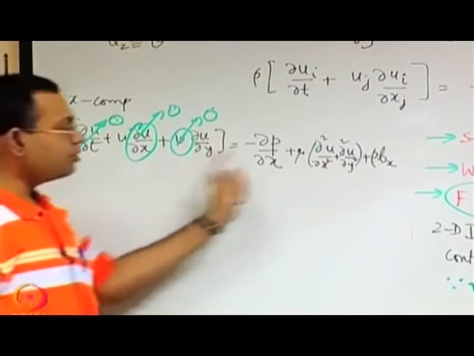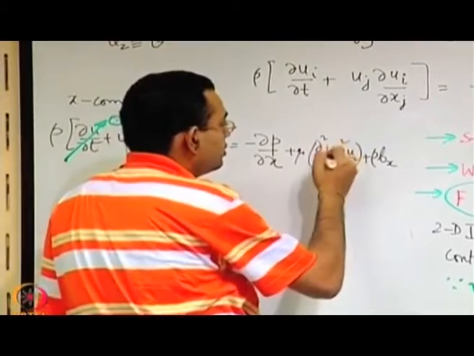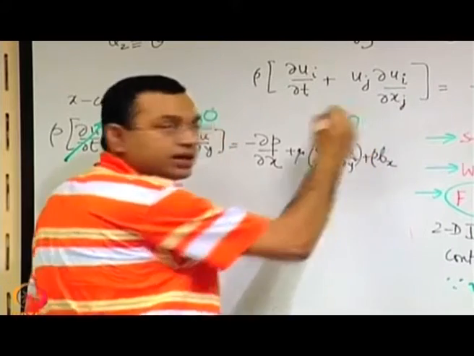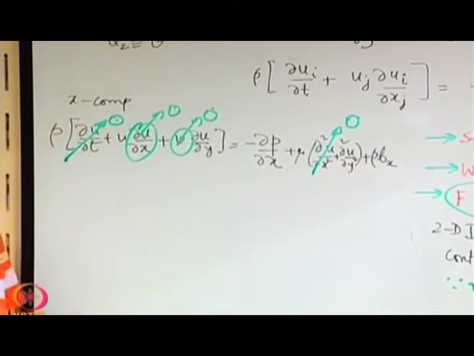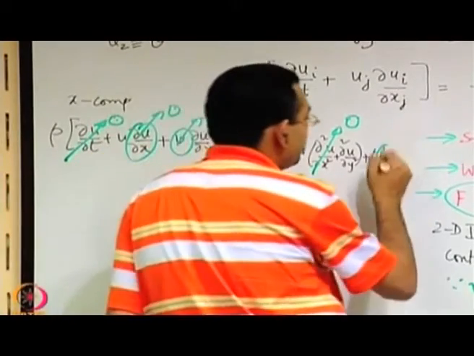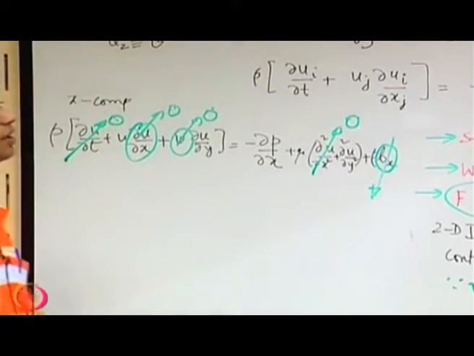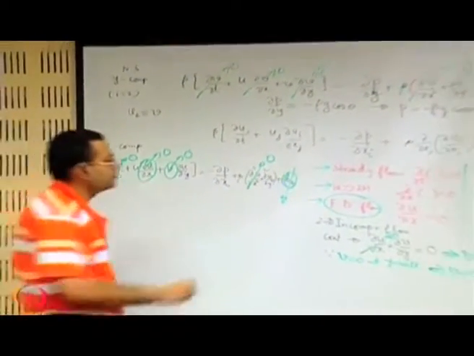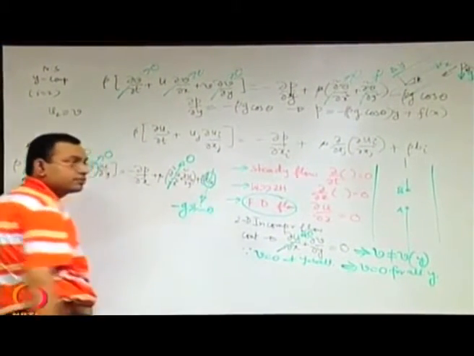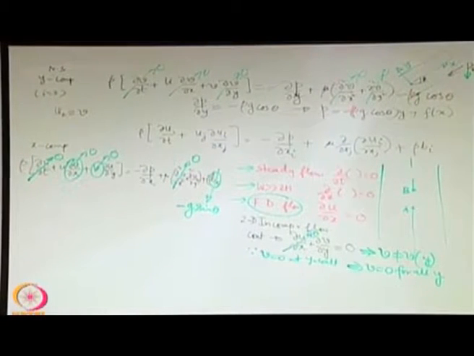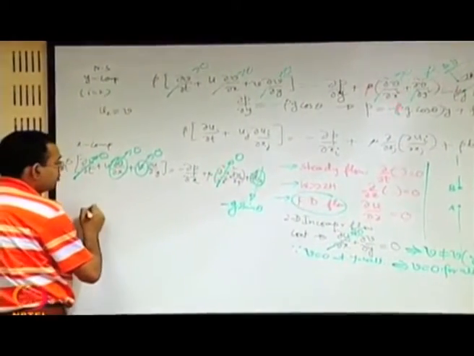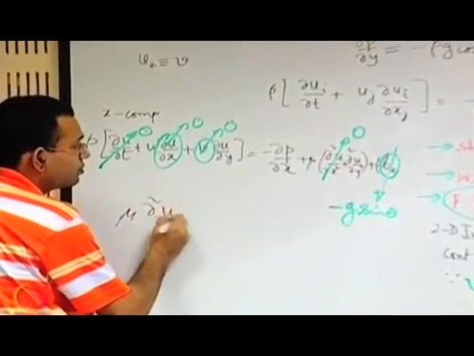Okay. Now come to the right hand side. Because u is not a function of x, its first order derivative with respect to x is 0, and therefore the second order derivative is also 0. And what is the body force? Just look into the figure and say what should be the body force along x. For bx we will substitute minus g sin theta, right. So it is minus rho g sin theta. So what you have, that mu into